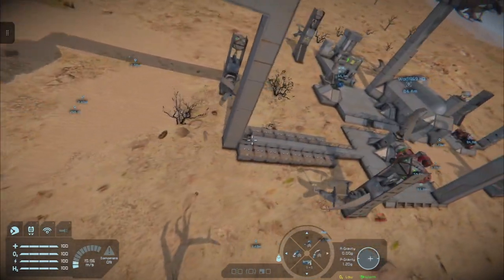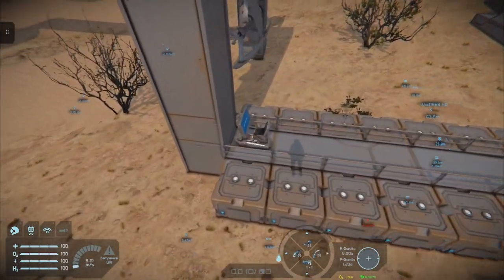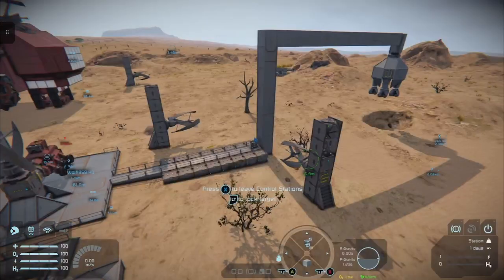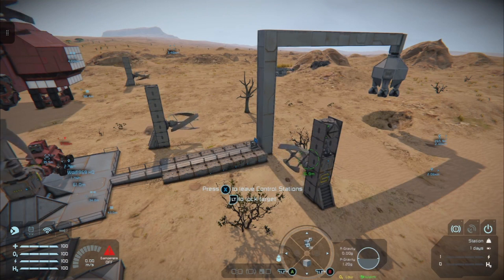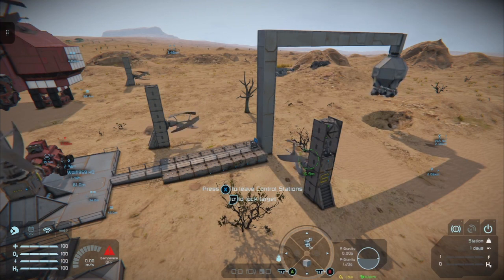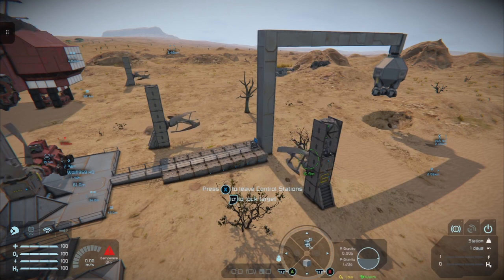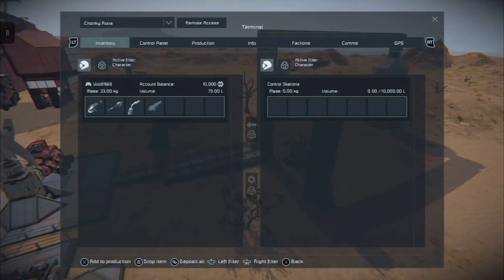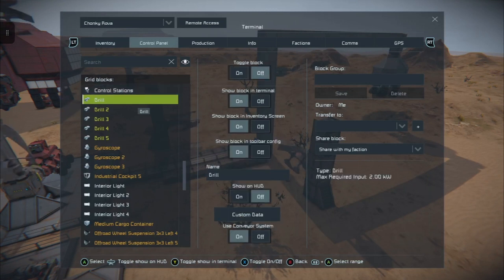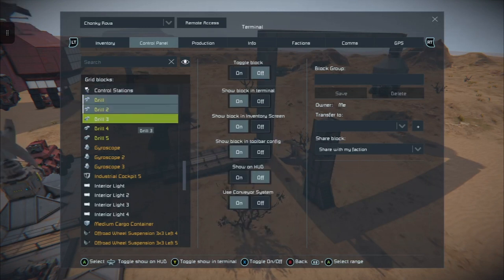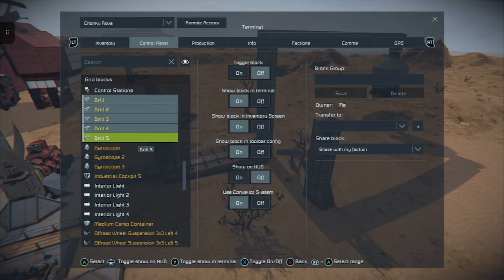And when you look at your system running, we can turn the advanced rotor on, like so. The drills, of course, will need to be grouped, so we can go into our control panel. There's our drills. So if we tap A on one, hold down the right bumper and just keep tapping A until we reach drill 5.